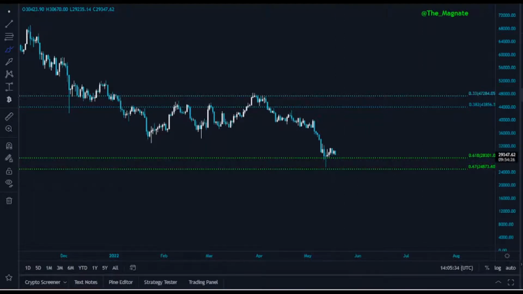And as soon as we broke this strong support, we ended up in this 0.618, 0.67, the golden pockets. At this stage, based on a daily time frame, without breaking 37,000, 36,500 and claiming it as a support, it is going to be quite early for us to talk about the bullish scenario. So I'm not paying too much attention to the daily time frame resistance at this stage. We will be moving on to a 4-hour time frame.